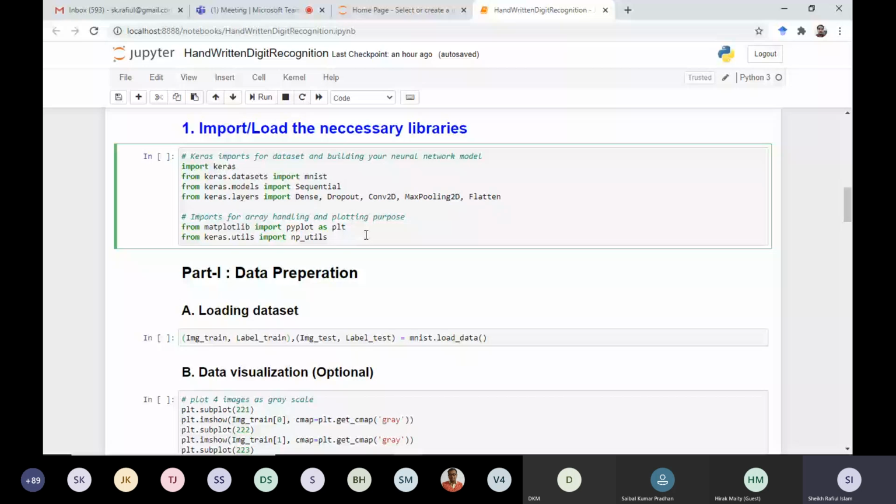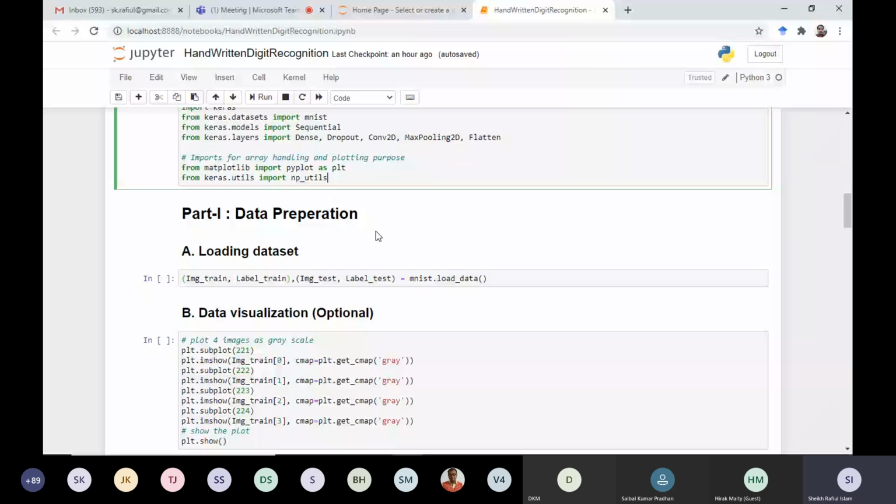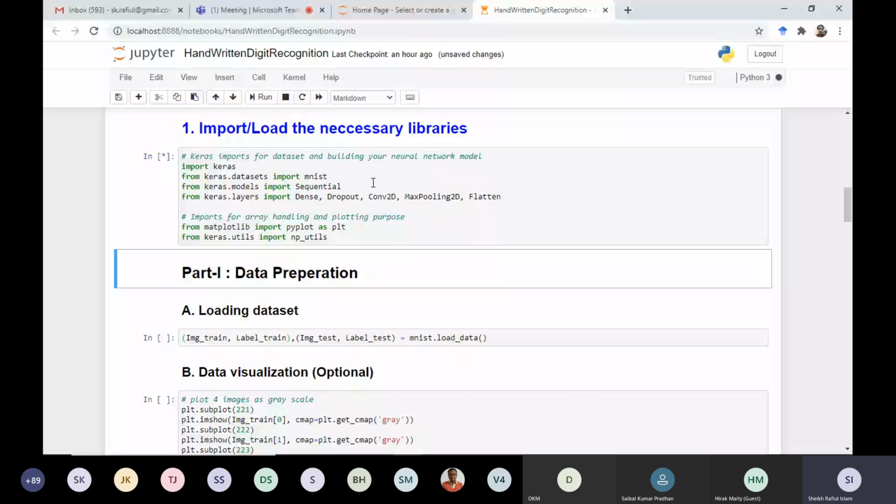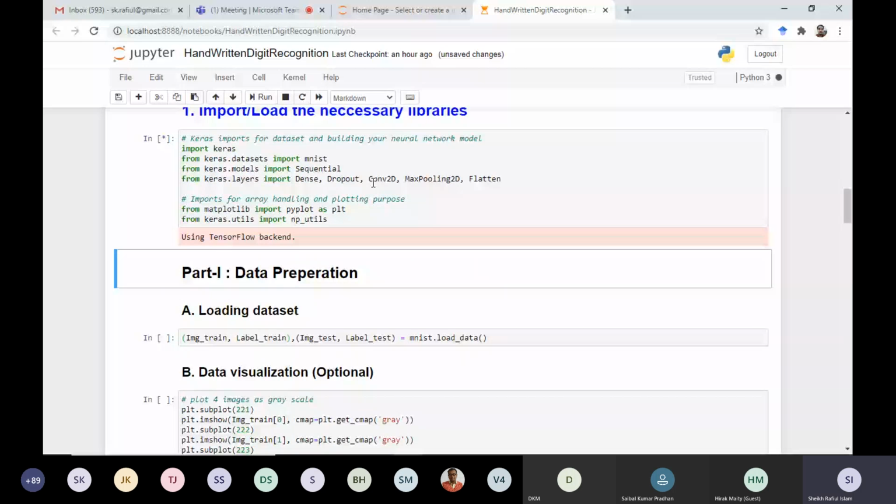However, whatever tools you need, import all those tools. It is not possible to explain each and every line, so I will try to explain most of the portions that are required for you. If you want to use this program exactly for your case, you will be able to modify and use it. So at least those portions I will explain. This portion is running. It will be a little bit slow only because my internet is now connected through my mobile.